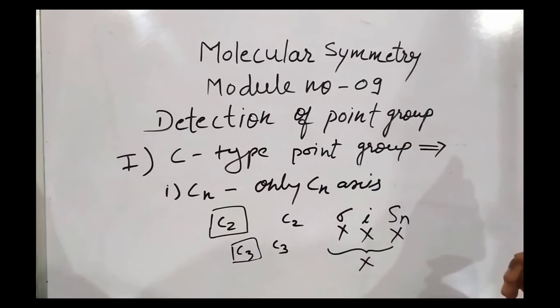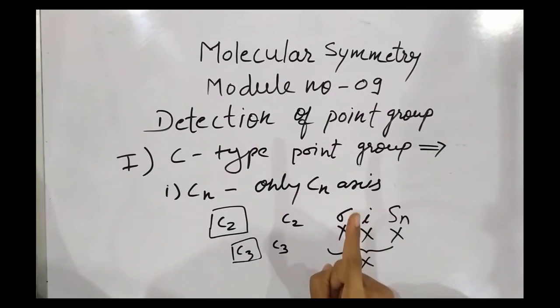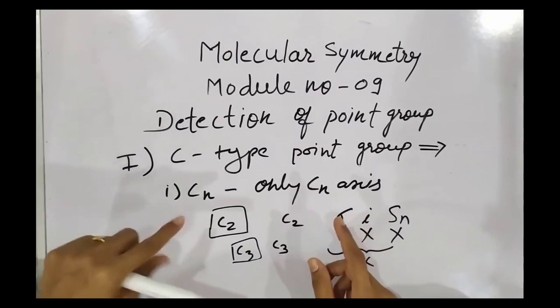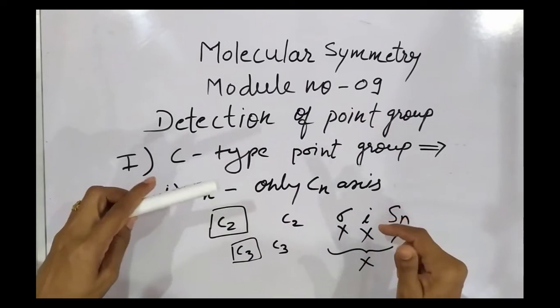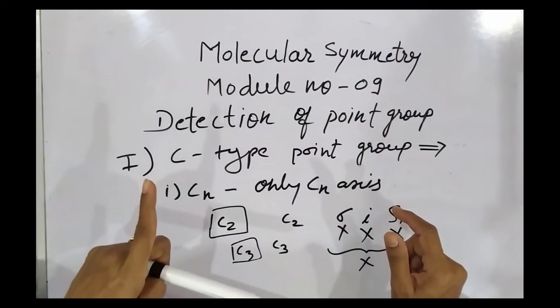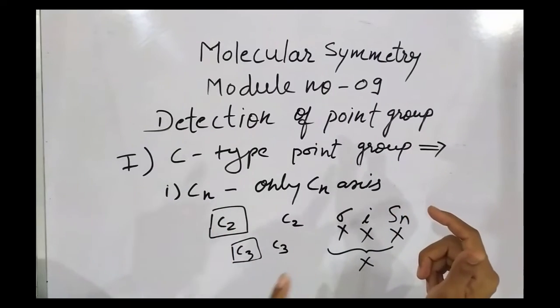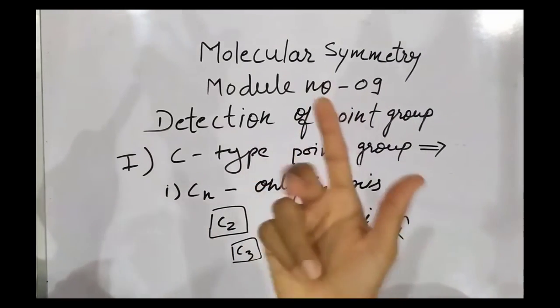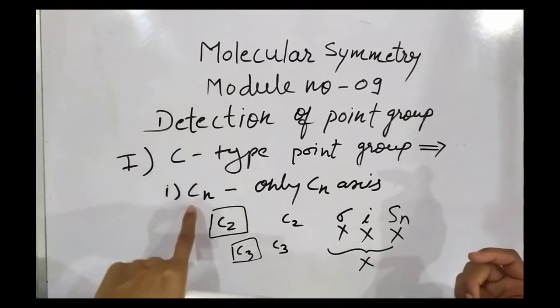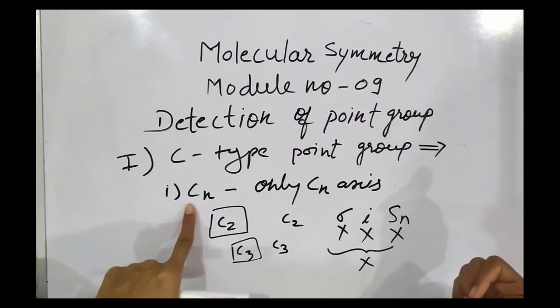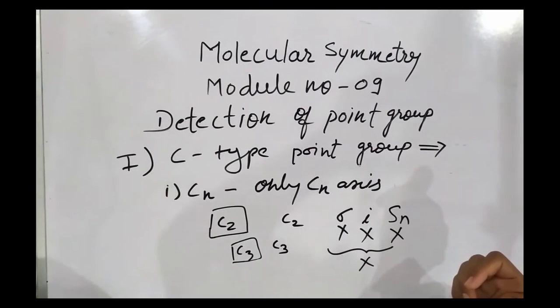Symmetry is such a subject which needs imagination, a very strong imagination power, and the understanding of the practical part. If you try to study symmetry from a practical point of view or with high imagination power, then only can you understand what symmetry is, how we rotate the molecule, how we get symmetry elements, and how we decide the point group. So this was the very first and simplest type of point group. We will proceed one by one further and you will get it clearly.